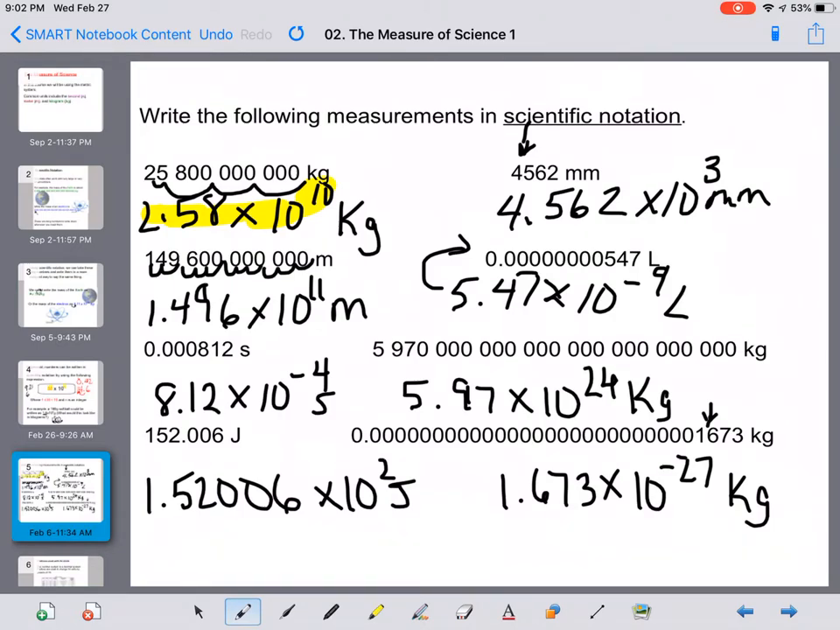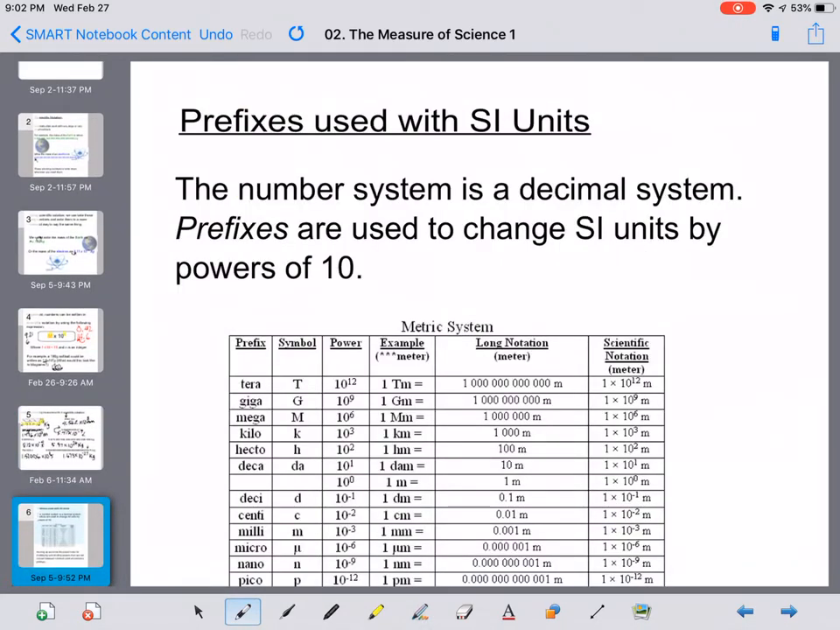Okay, so hopefully that went well for you to be able to figure out scientific notation. So in the next section,